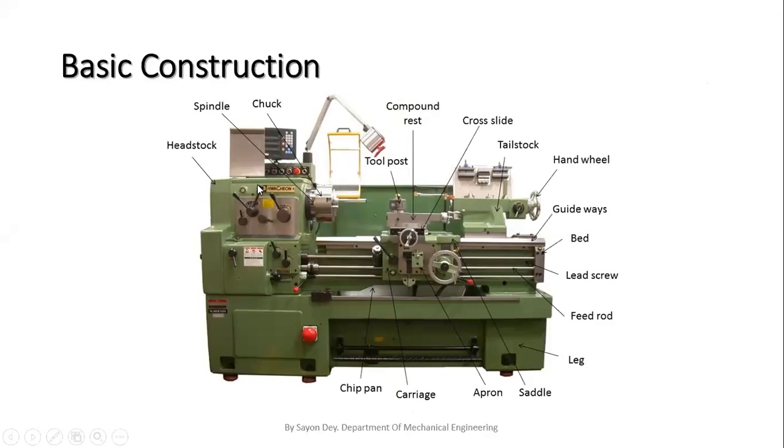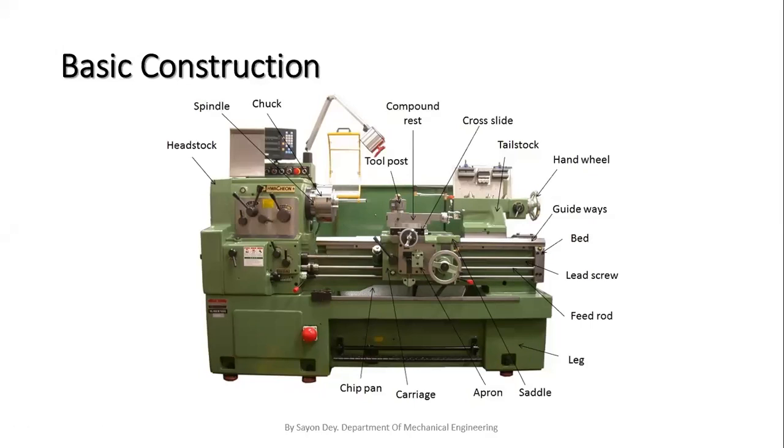That means this part is called the headstock, this portion is called the tailstock, and the other parts are also shown here, like the cross slide. These are the legs and the apron. Okay, this is called the lead screw, and after that this is the feed rod, and this portion is called the bed. This is the chuck, and here is shown a workpiece of our job. Okay, and this portion is called the tool post to hold our cutting tool.